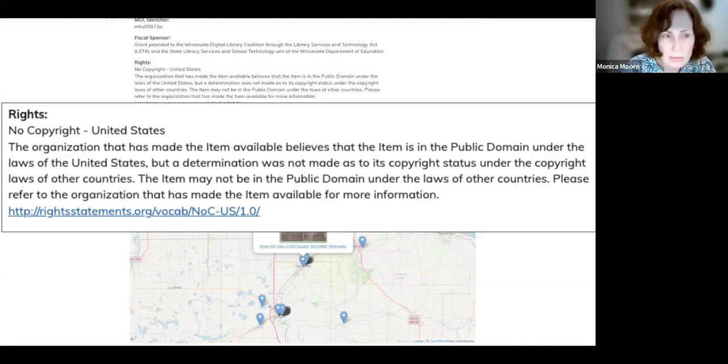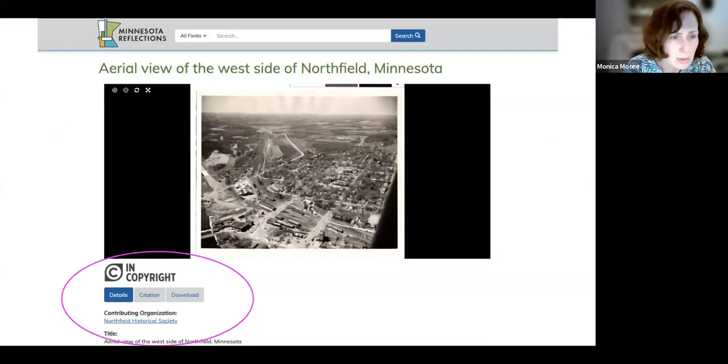So let's go to the next screen, and we can see another example here, also from Minnesota Reflections. So you'll see it's a similar layout here, where they chose to put the metadata down here. And then you have, this is an in copyright example, and Jeremy went through all these three categories. So in this case, we've got a rights statement for an item that is in copyright. And once you see that, perhaps a user is ready to move on, or maybe wants to seek another.